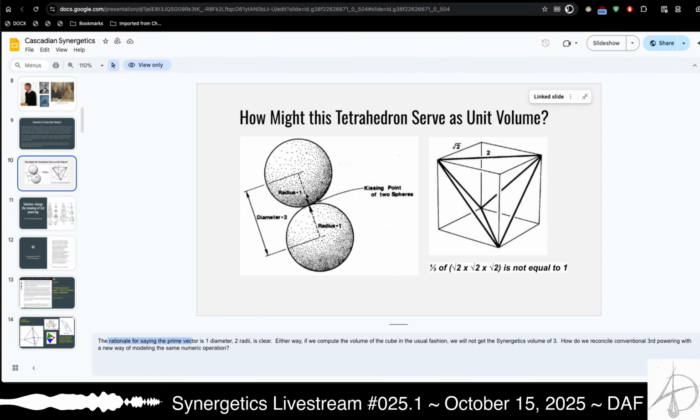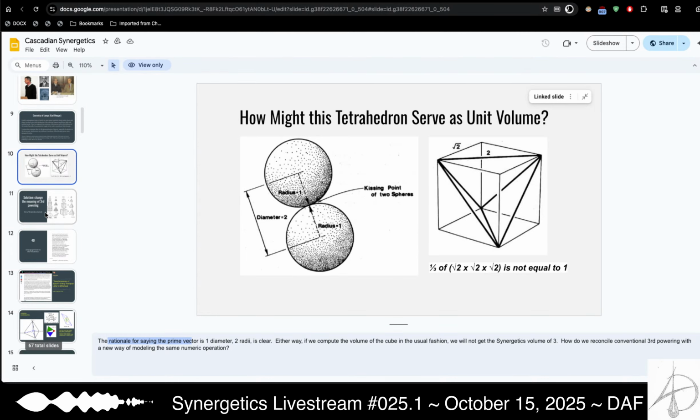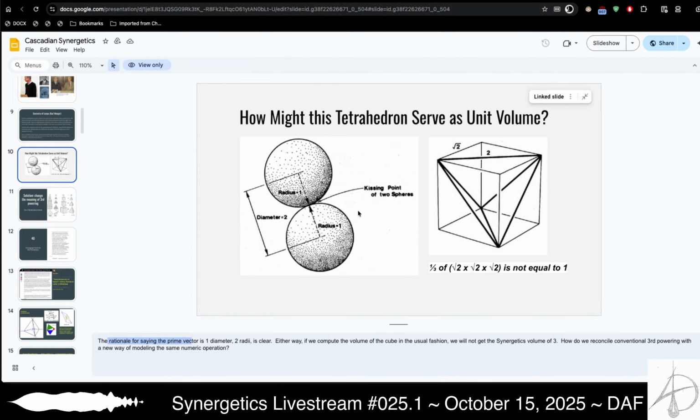That's the isotropic vector matrix, or the IVM, this kind of infinite matrix or ocean of close-packed spheres. And we can then set the distance between them as 2 and use that as the diagonal to give a nice integer scaling and a lot of other features to the volume calculations associated with a tet and a cube. And this is going to come up again with the Synergetics constants.